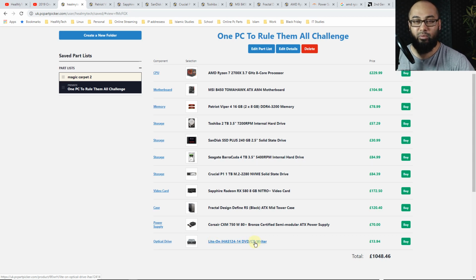If you can get one without breaking the bank, if you have the space, you've got the connection, the SATA and the power supply cords, it won't hurt you. But obviously, if you're tight on budget, it is something that is not needed at this stage. Okay, you don't have to have it. And which leads us to the last bit, and that's going to be the Corsair CXM750